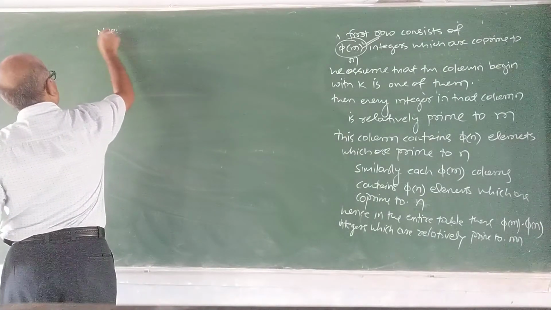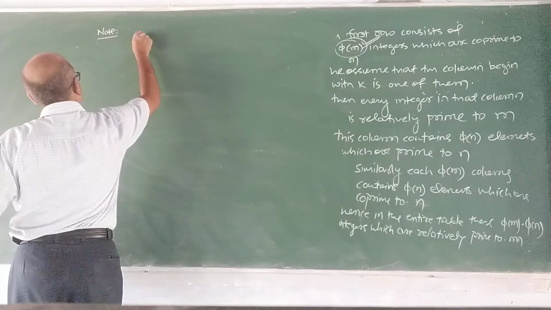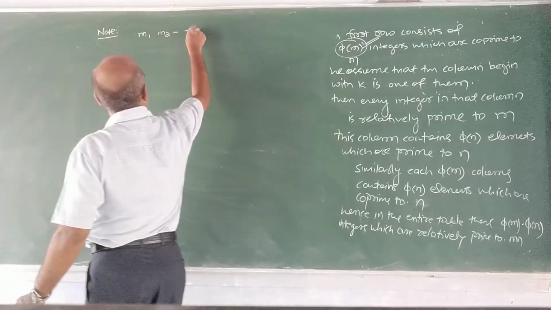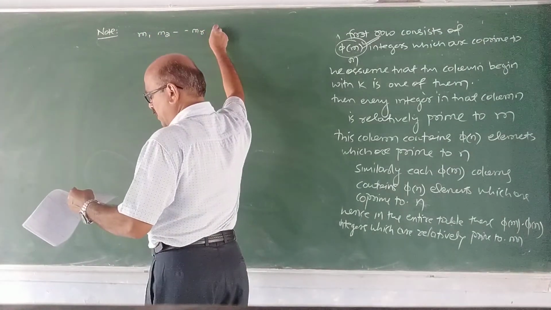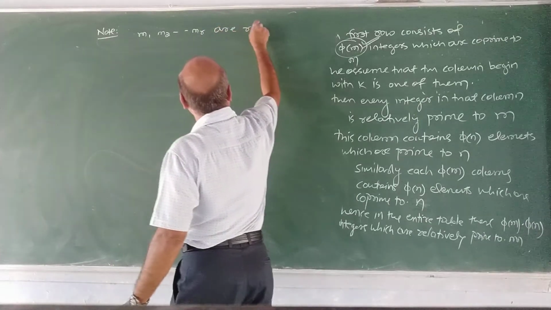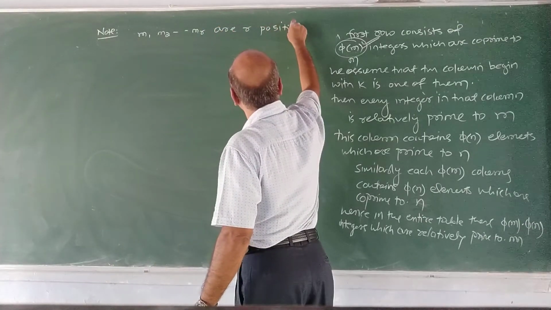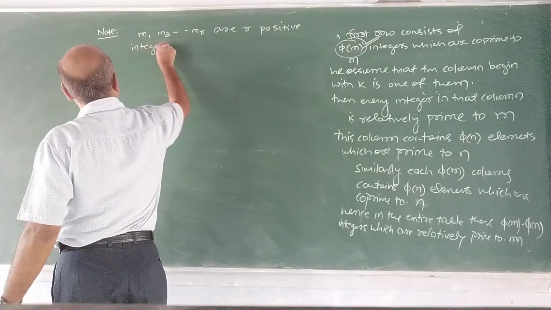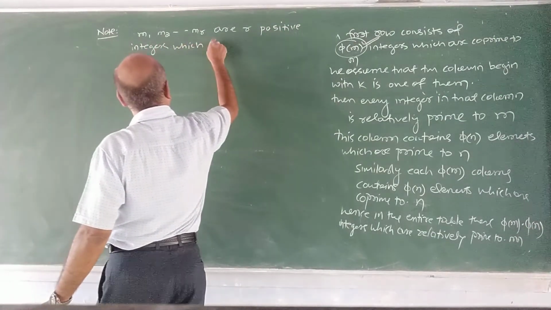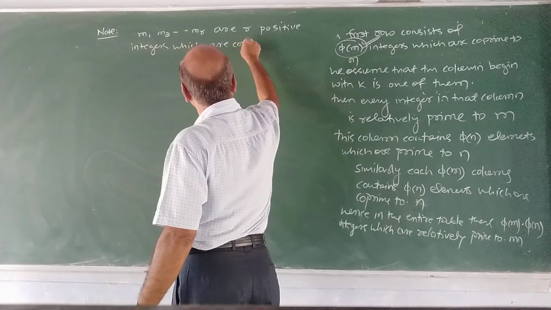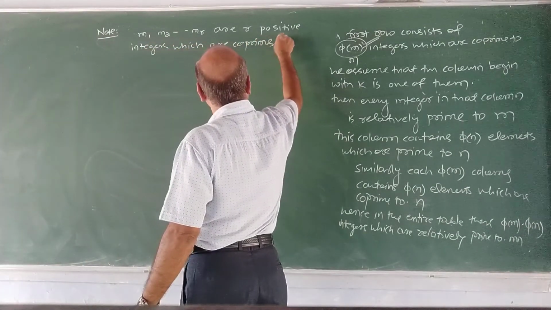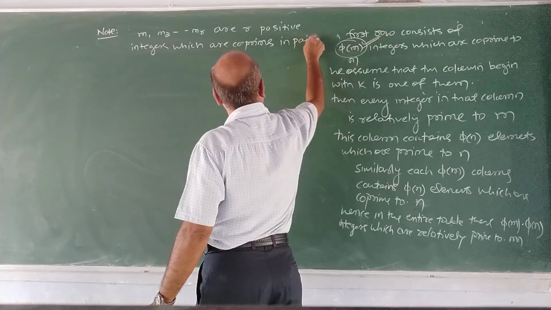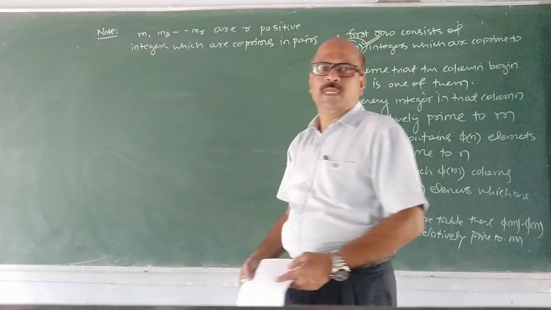Now, suppose m1, m2, etc., mr are positive integers which are co-primes or relatively primes in pairs. That means they are relatively